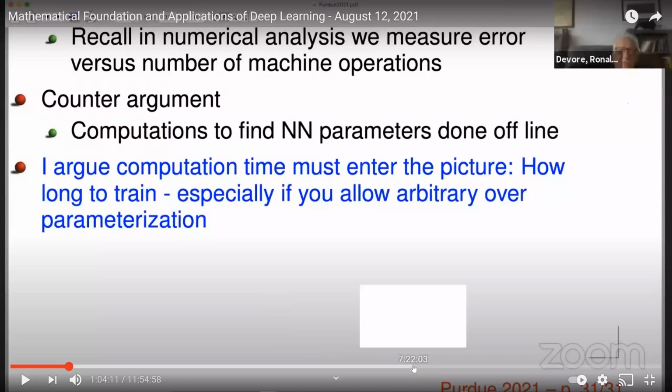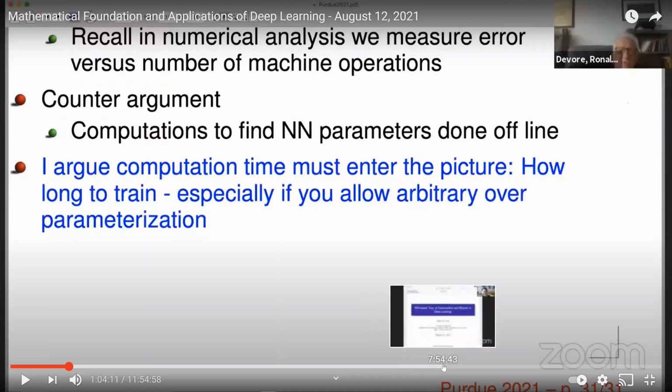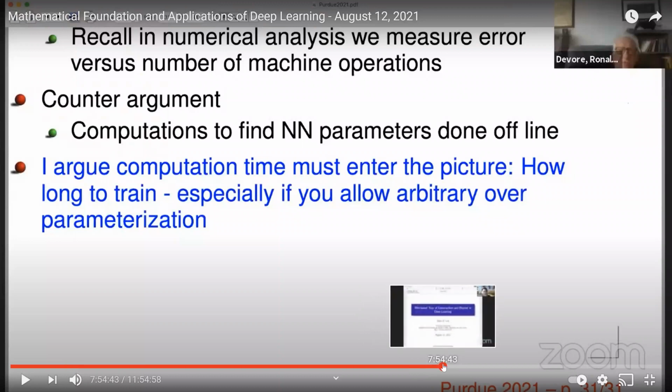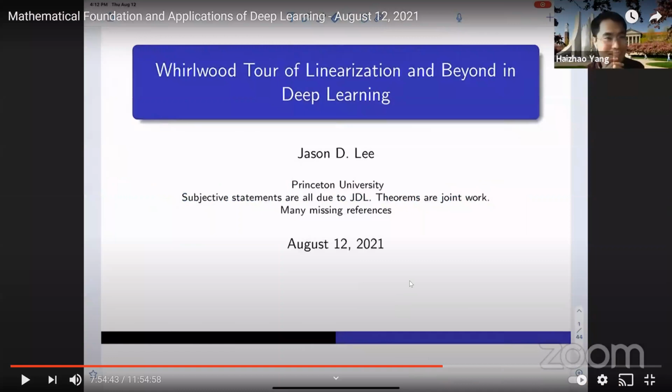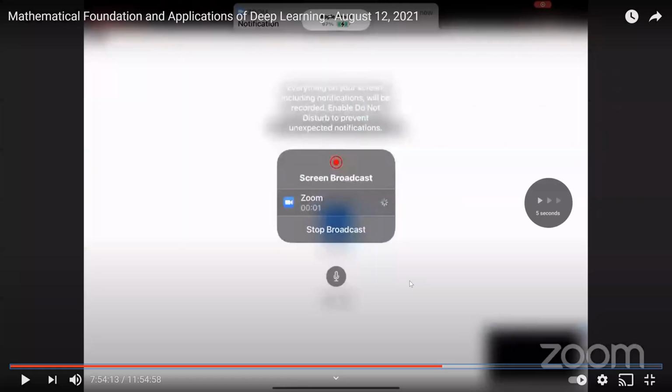The next talk is on optimization. Today we look both at, because DeVore looked at approximation and generalization, the other big problem is of course optimization. So Jason Lee, who will give a talk, is a student of Michael Jordan, and it's all about this type of